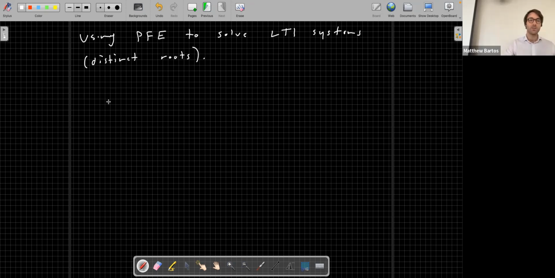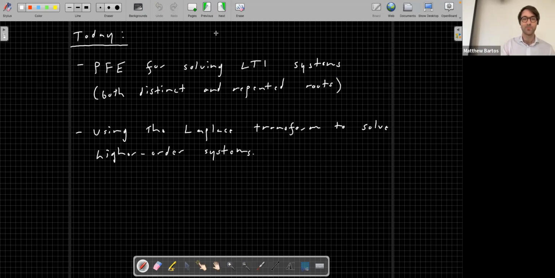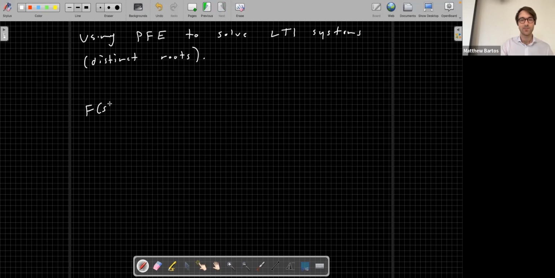Last time I showed you that we can factor some function in the complex domain. In this case, it doesn't necessarily need to be the transfer function. We could have F(s), which could be equal to H(s) times U(s). But it can be factored into